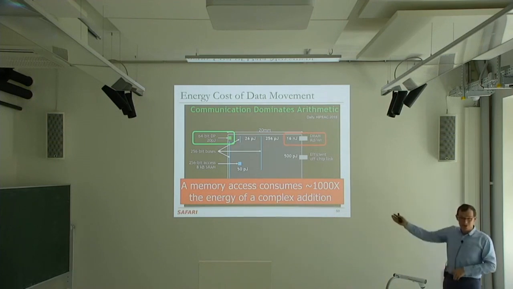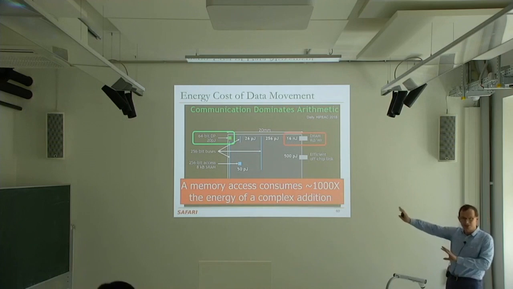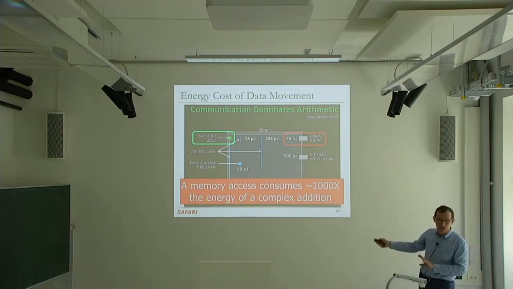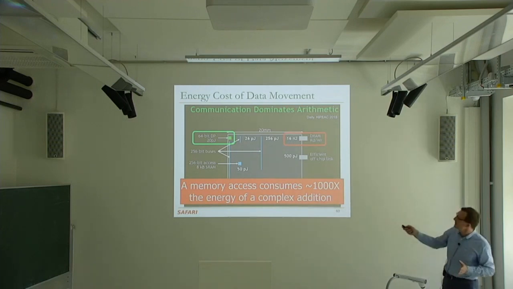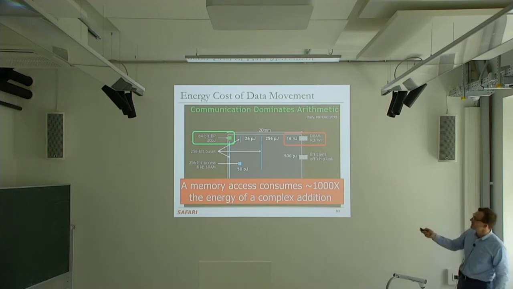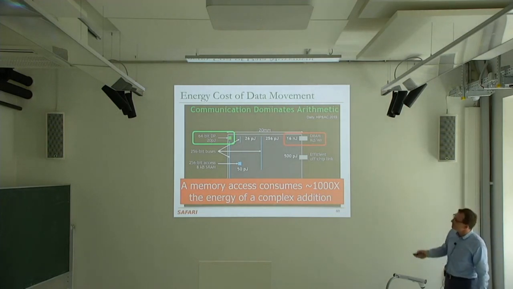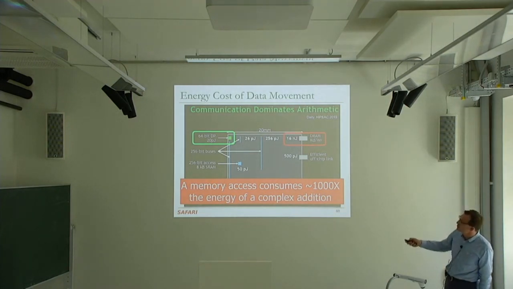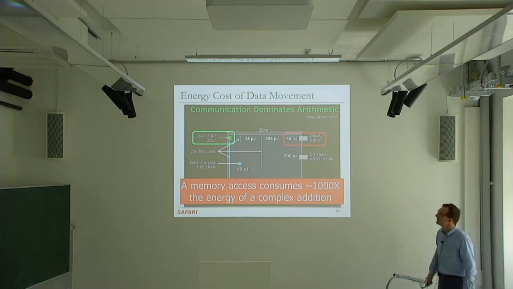Okay, so as you can see, a single memory access consumes a lot of energy. And again, this is dependent on technology, depends on how much you optimize these, but this is very fundamental. You have very heavy interconnects over here, and it's very hard to make them very energy efficient. On-chip interconnects are much more energy efficient. And you don't see it over here, but this is 1 nanojoule to communicate between different parts of the chip. I'll show you this picture later on.